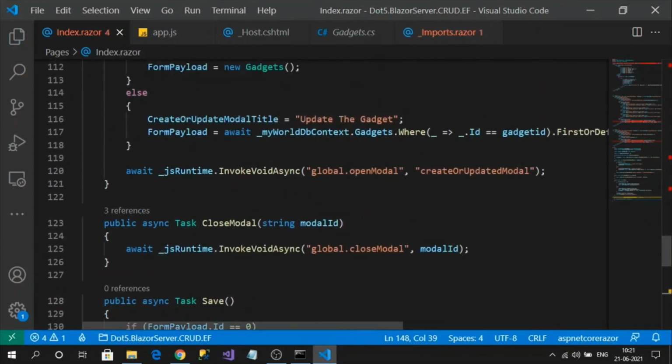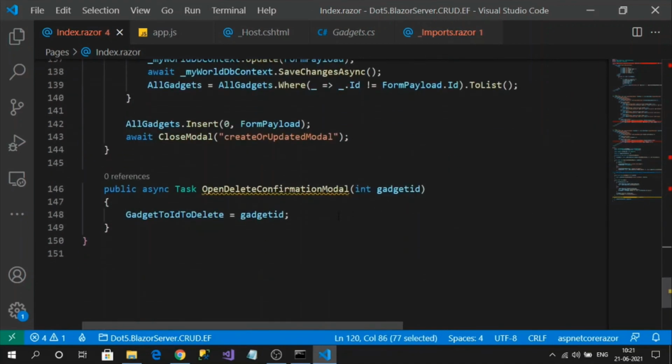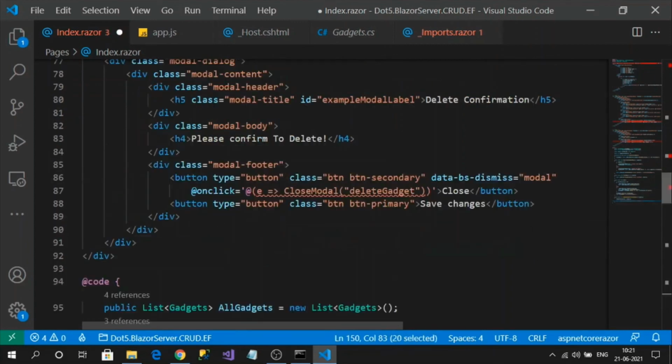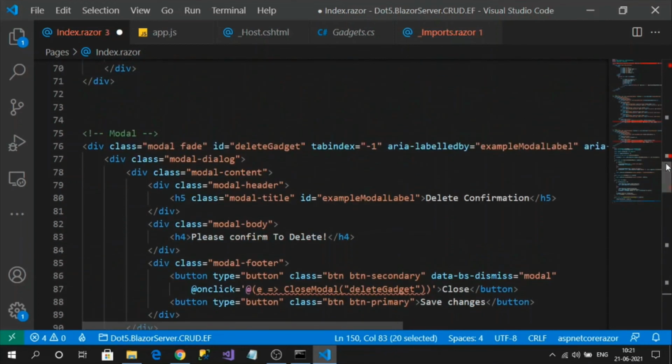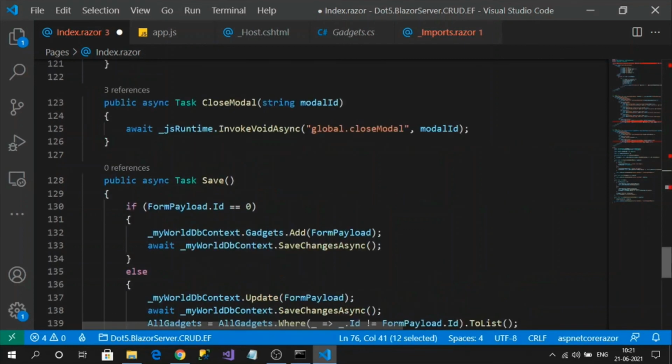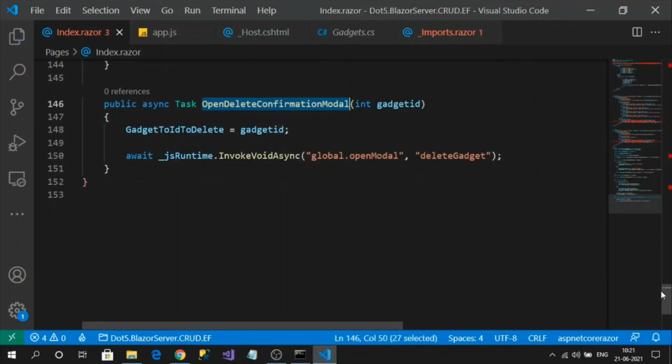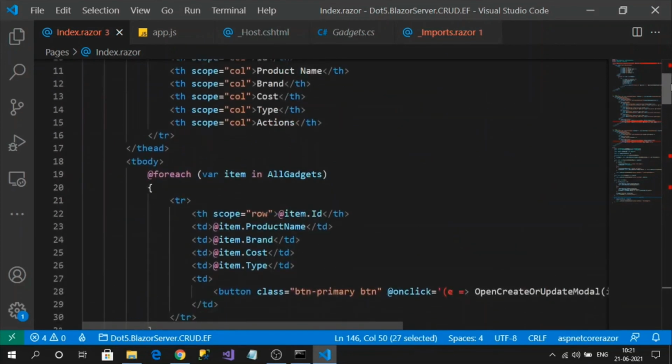For opening the model, you can use this. The only thing I need to change is to pass the appropriate ID. So what is the new bootstrap model ID? Delete gadget. So please pass it here. This method must be opened when I click on the delete button. So add a delete button for each row.